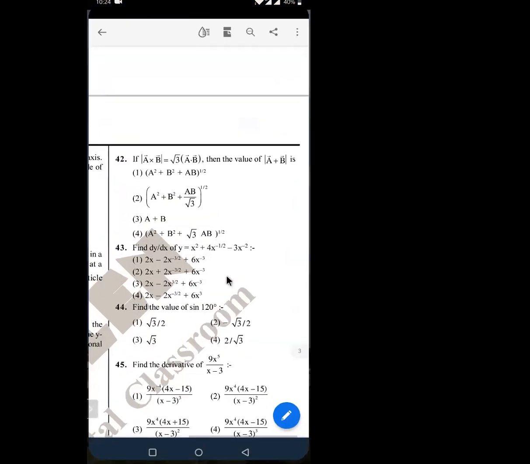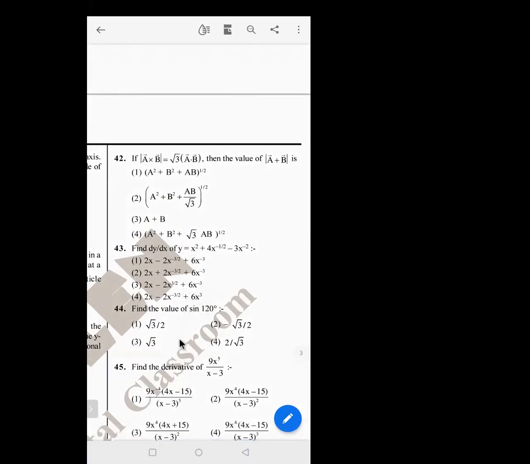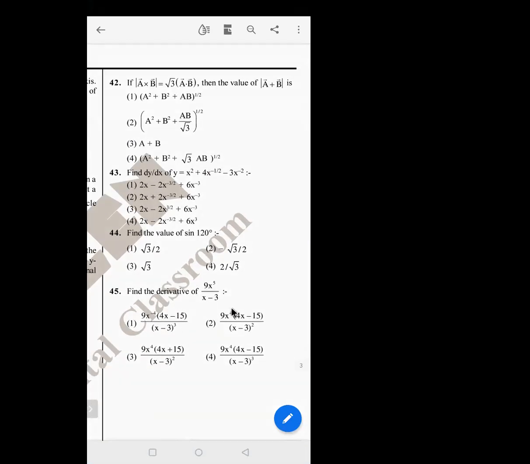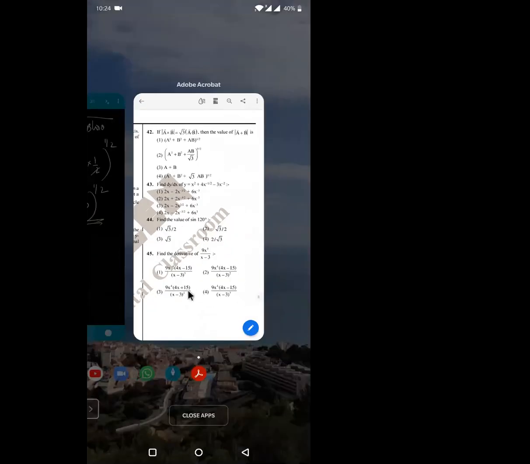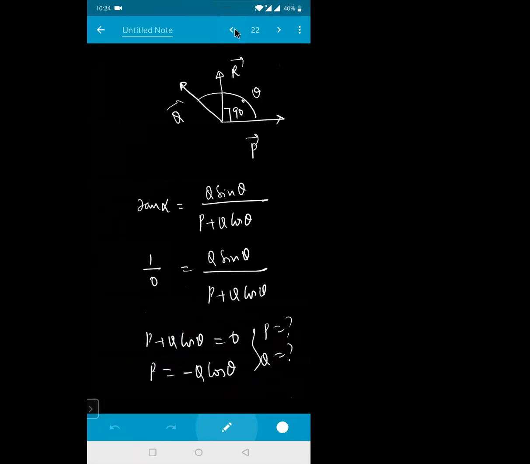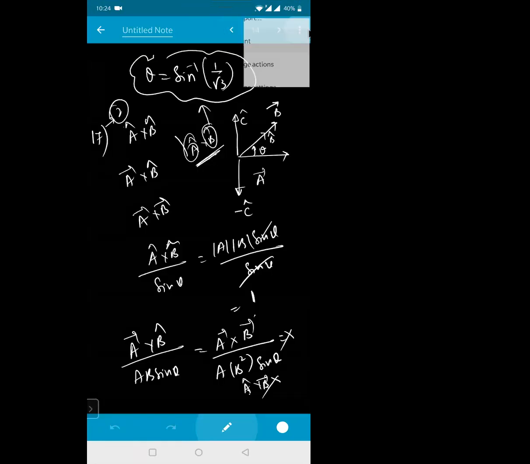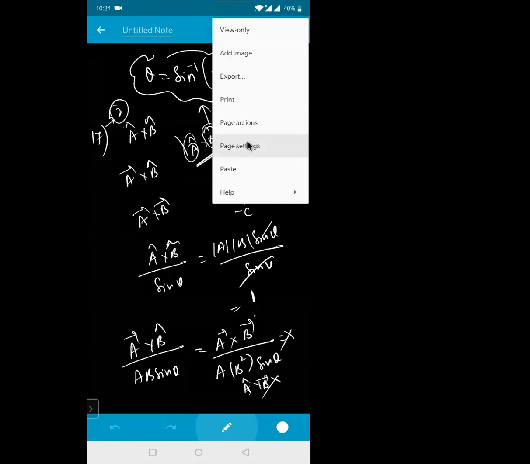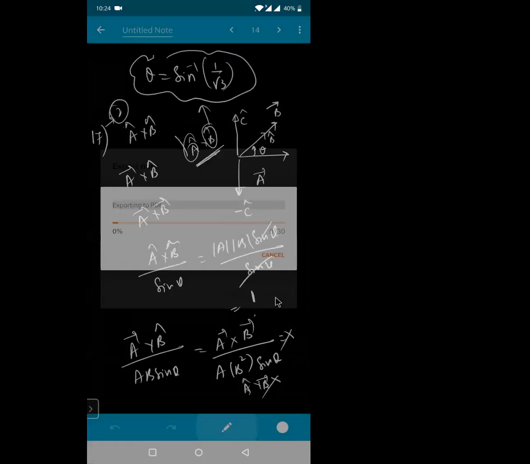Chalo. Question number 43 is not required. 44 is also not required. 45 is also not required. So roughly I have done all the questions. I'll send you the key for this one. Everything already I've sent it. The solutions I'm sending you right now. So please try to go through it once again. If you are having any doubts, you please let me know.